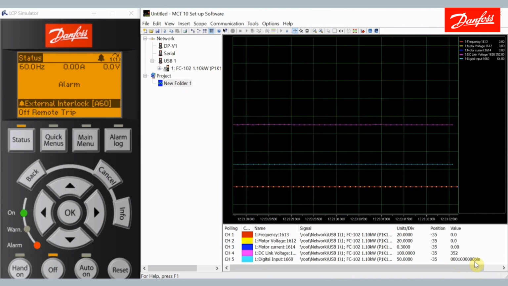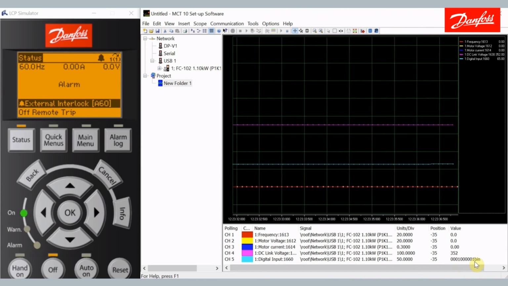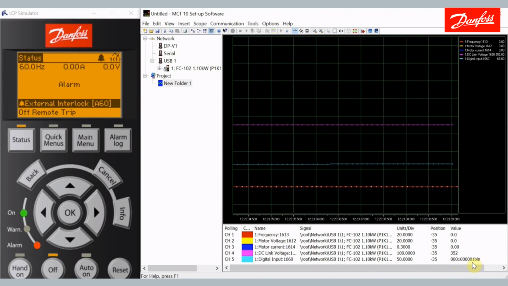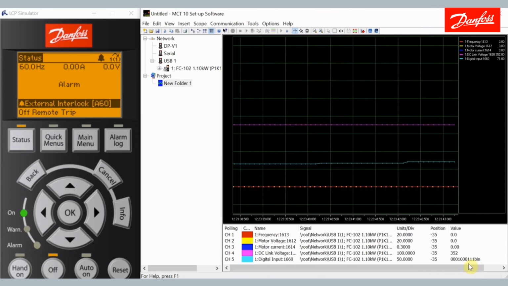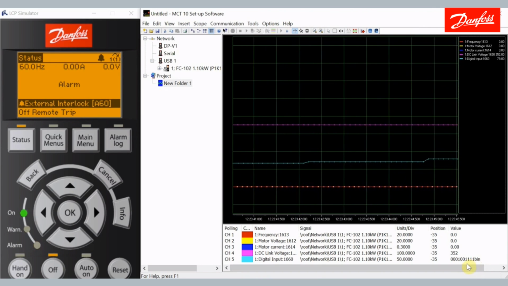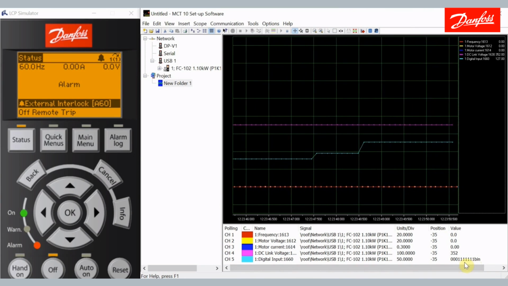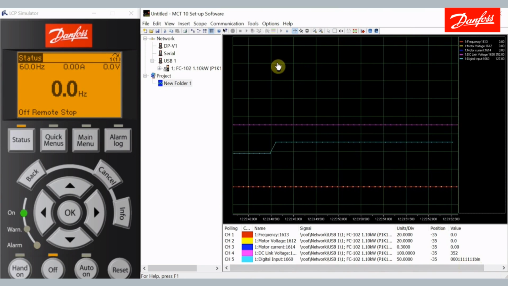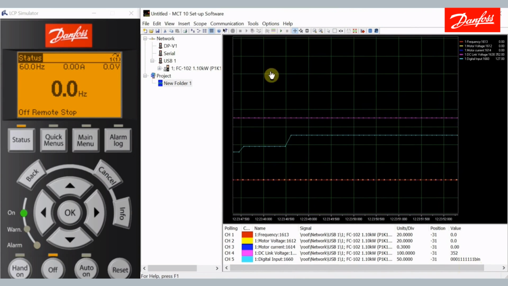And I'm going to go down the line here and turn on input 33. You see that becomes a 1. And then 32, 29, 27, 19, and 18. I'm going to pause the tracking, go back here, and